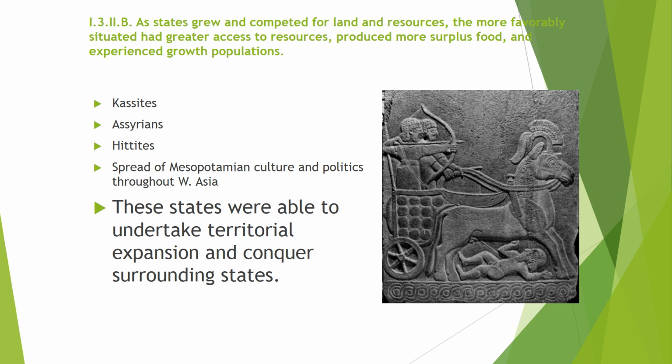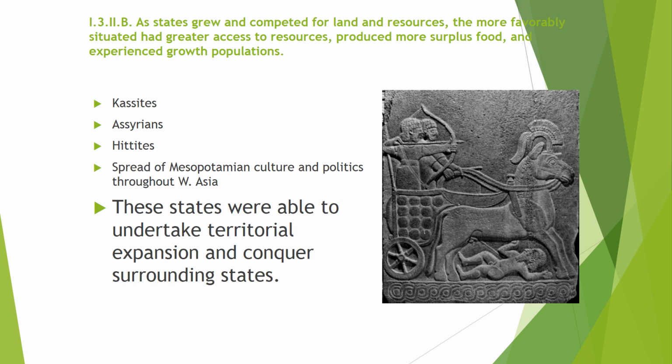The Kassites, the Assyrians are a good example that we'll look at later. The Hittites are a good example for several reasons. All 3 of these and some other ones are going to spread Mesopotamian culture throughout Western Asia. Okay, Southwestern Asia to be more specific. So when you start looking at these 3, they're going to be important because they are very aggressive when it comes to conquest and trade. And that aggressiveness when it comes to conquest and trade also leads to the spread of stuff like culture.